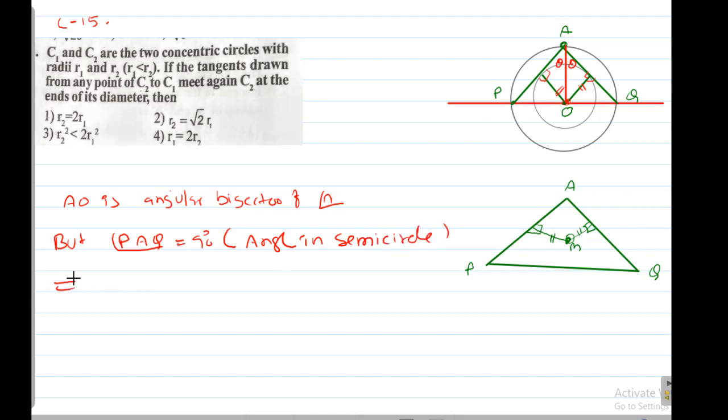Okay, what is the meaning of this? So both thetas are equal to 45 degrees, which implies theta equals 45 degrees. So this is 45 degrees now. So this is 45, this is 90, this is also 45. Triangle AMO. Okay, sin theta equals the opposite side OM by the hypotenuse OA.